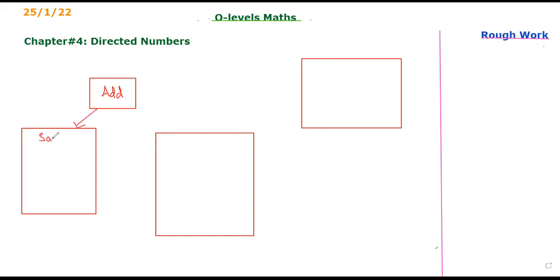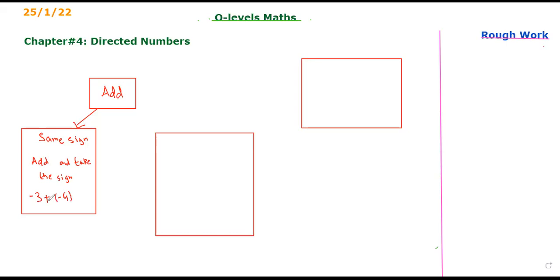One could be that the signs are same. So for that, add and take the sign. This means that if we have, let's say, -3 plus -4, now two numbers are being